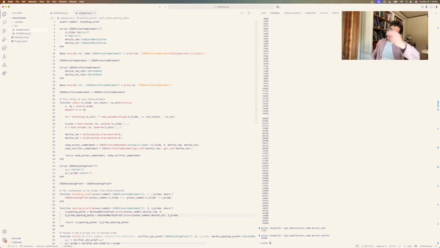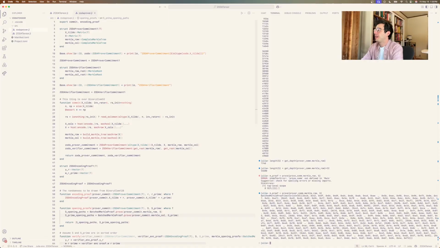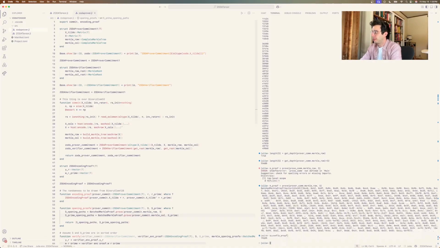Here, that's actually fine, because it turns out that the encodings are way larger than the batch Merkle proof. But this would be the naive approach. If you don't do the naive approach, if you do what we did here, let's hope we get the right thing. Proof equals prove, and then let's just do prover commitment Merkle row, and then we should be able to do S. Oops, that's what happens when I don't use tab complete. Okay, and then if we take the size of the proof,